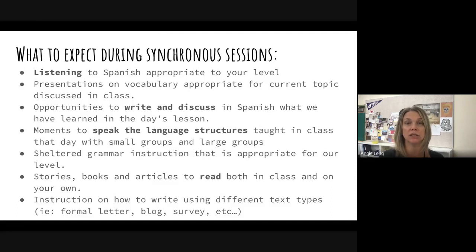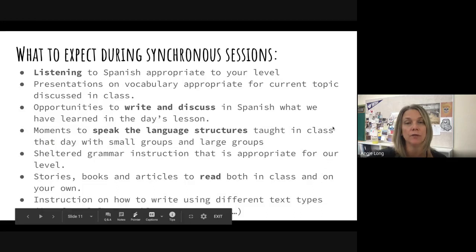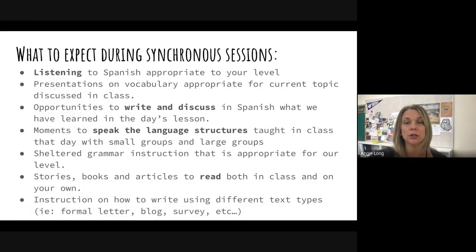So let's look at what to expect during synchronous sessions. Listening to Spanish appropriate to your level. Presentations on vocabulary appropriate for current topic discussed in class. Opportunities to write and discuss in Spanish what we've learned in the day's lesson, moments to speak the language structures taught in class that day with small groups and large groups, sheltered grammar instruction that is appropriate for our level, stories, books, and articles to read both in class and on your own, and instruction on how to write using